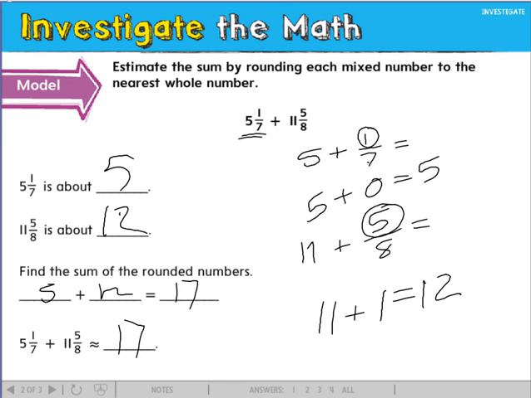Yes, sir. So you're not rounding to the half? No. You're rounding to the nearest whole number. Okay? That's it. That's as hard as it gets. Now,